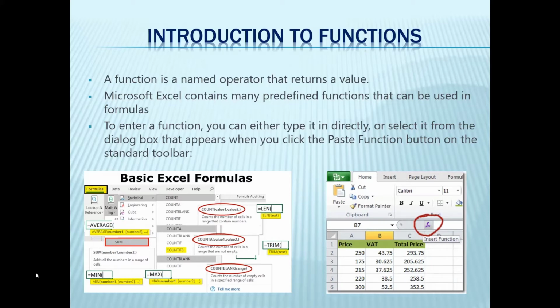There are three types of functions in Excel. There are functions with zero arguments, functions with one argument, and functions with multiple arguments. Now these arguments always go inside the parentheses after the function name. These arguments can be single cells and values, so you can refer to other cells on the spreadsheet. Some basic Excel formulas here are the average formula, the mean, the max, the count function, and the count blank function. Here you can see on the right picture the fx, which you can use to insert the function.